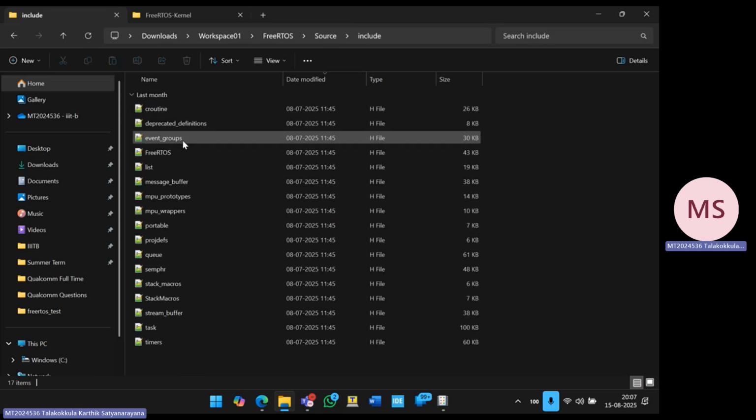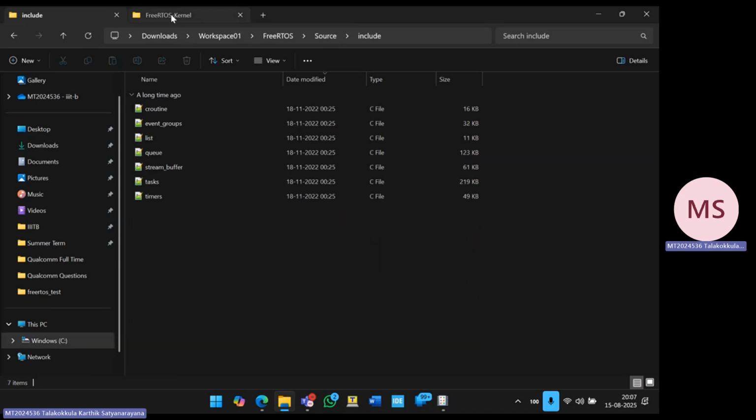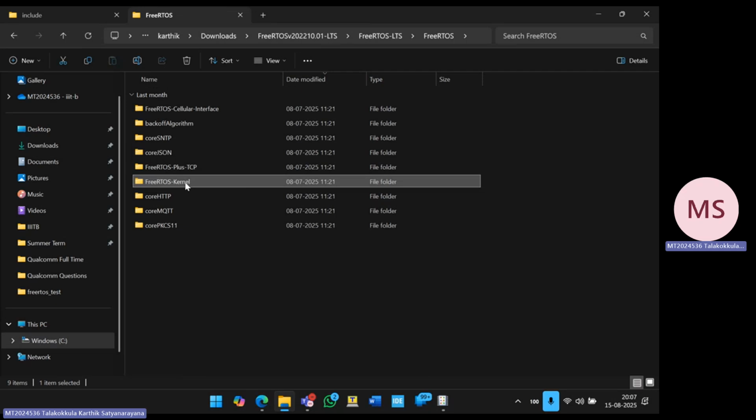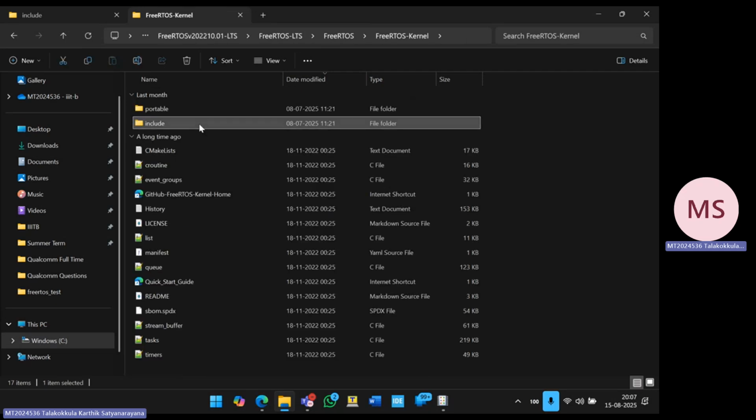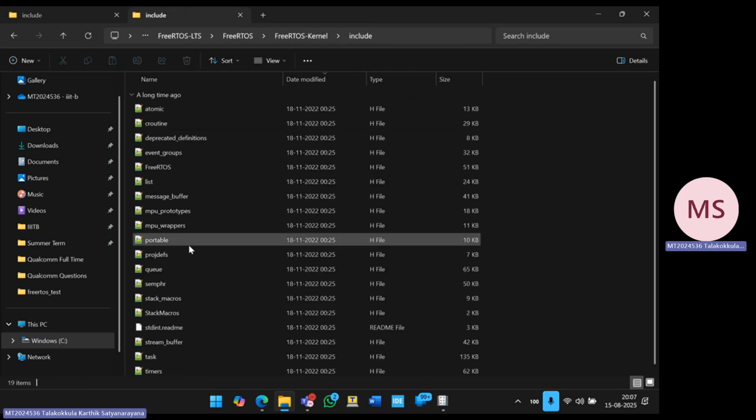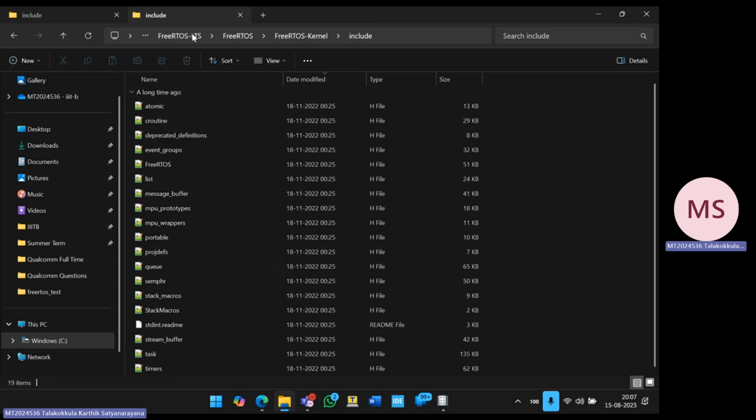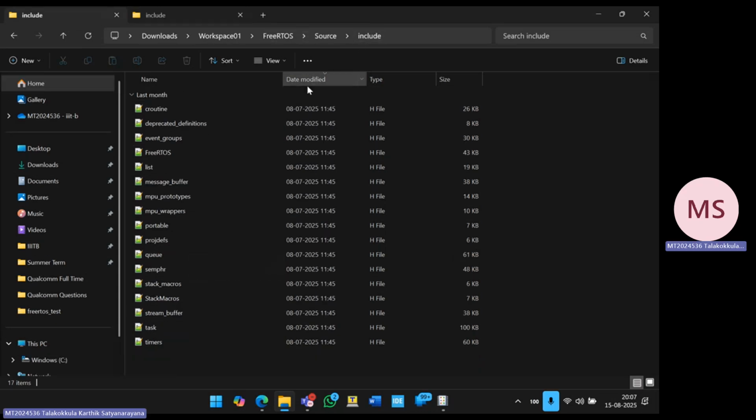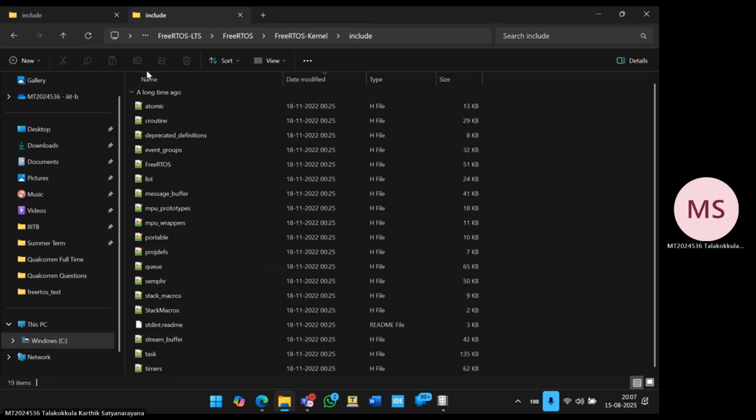One is include. Inside include, place the header files, the H files that you see. Here inside kernel, you should see something called include. Just include all these header files in the FreeRTOS folder which you have created. And then